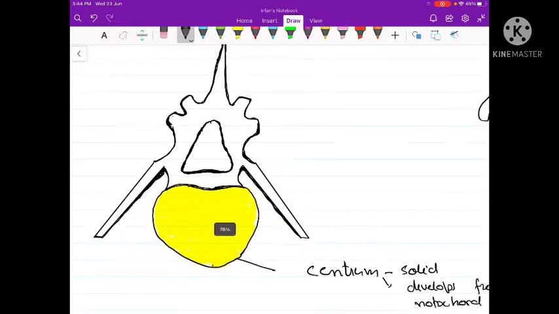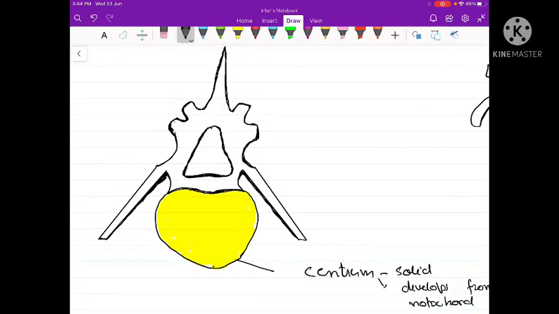Apart from this, the typical vertebra also has, above this centrum, a canal. That canal is called the neural canal. This neural canal is the canal through which the spinal cord passes. So each vertebra has above its centrum a canal, and this canal, which I am highlighting this time, is called the neural canal.